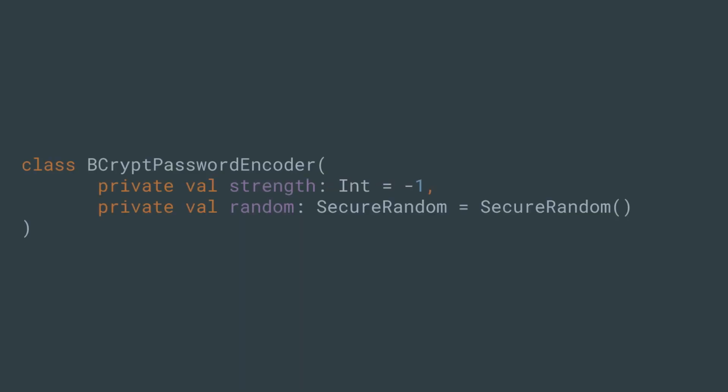In this case, I forgot to put some usage example here. As we have default values for both parameters, you can just say, I want to create a new password encoder just with the default values, or I want to override any one of those properties, or both. And as you can see, one of the default values there is not a constant. What that does is that every time you invoke this method or constructor, it runs that piece of code. In this case, it creates a new instance of secure random, because you might not want to reuse the same one. So you can have some pretty nice defaults there.